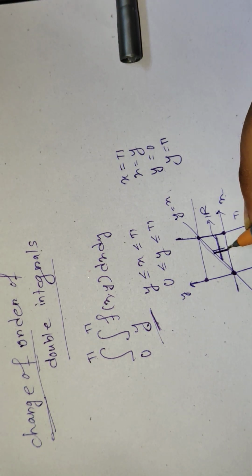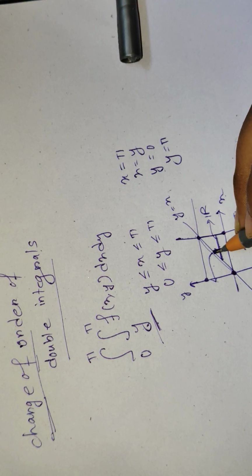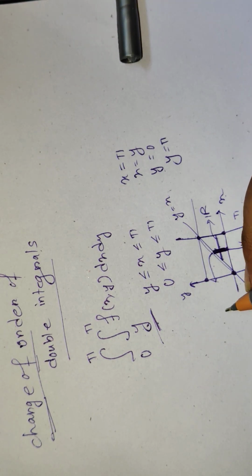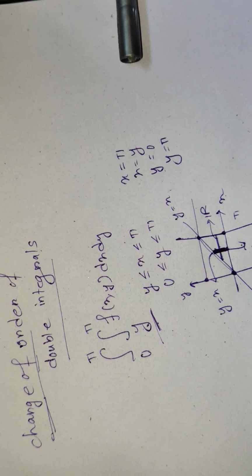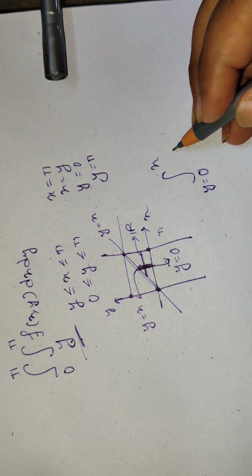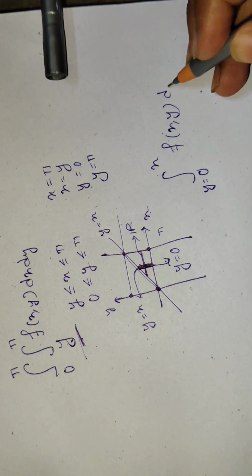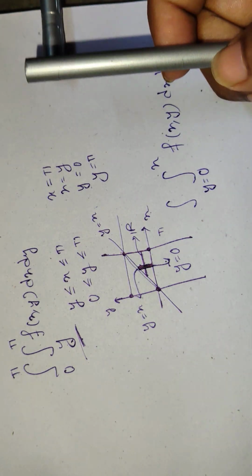Now take a vertical strip. This is a vertical strip. Now what will be the upper limit and what will be the lower limit? You can see this is the vertical strip, that means we are talking about the limits of y. So the upper part of the vertical strip is y equals x, and the lower part is y equals 0. So the limit will become 0 to x. Basically this is y equals 0 to x. The function will be the same, f(x,y), and this is dy dx, and the strip is moving from (0,0) to (pi,0).